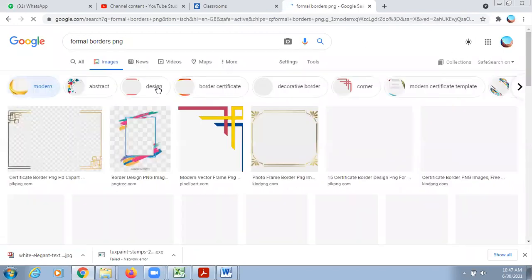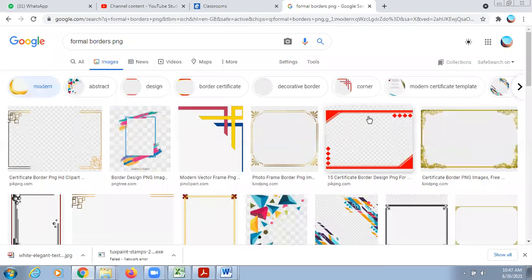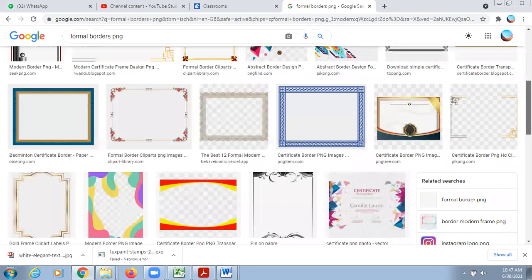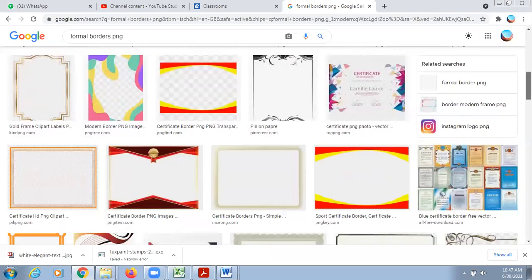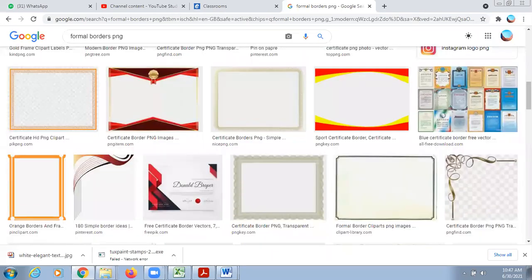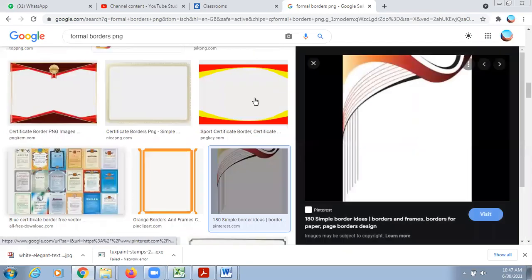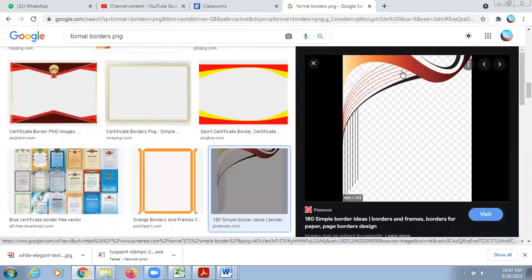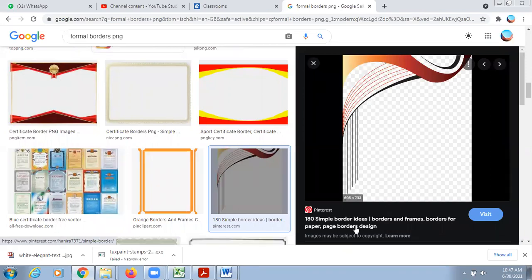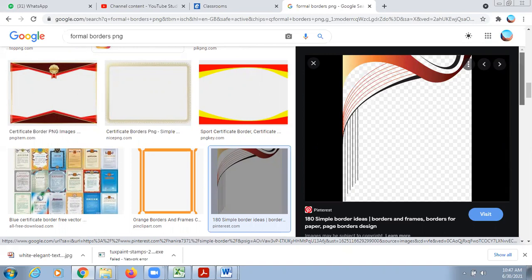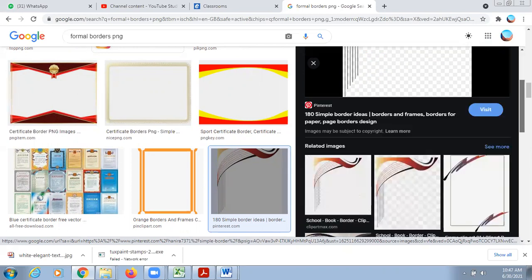Okay, so I think we want these. Yes, we want something like this. So these types of borders are called, they have written only, and this is a PNG image also.